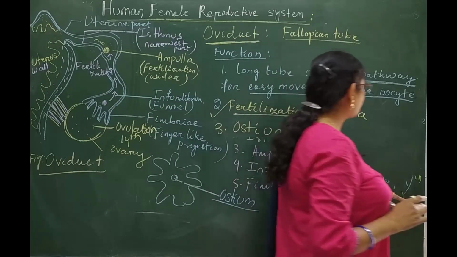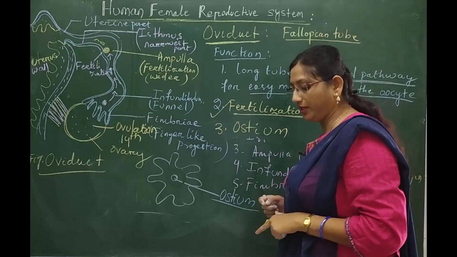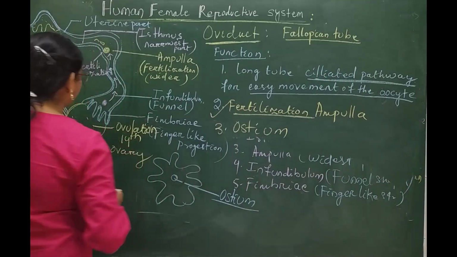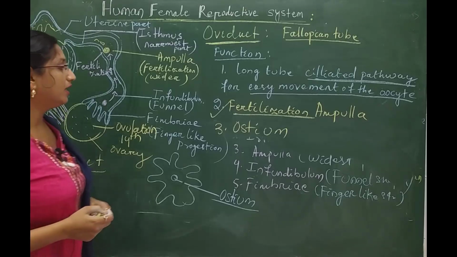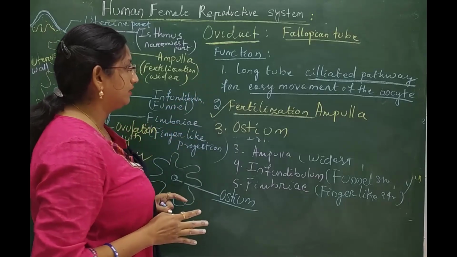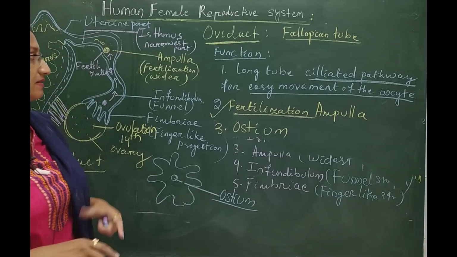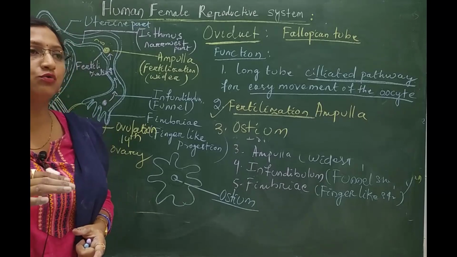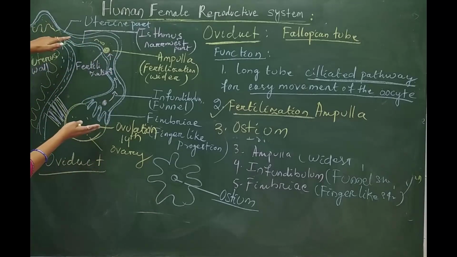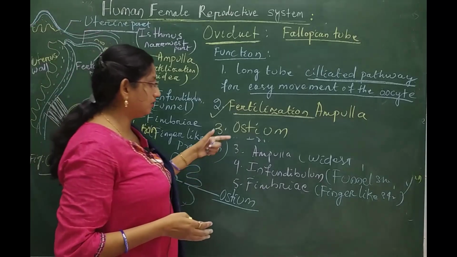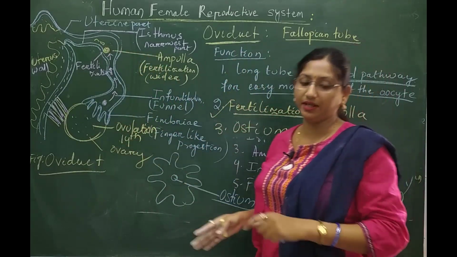So, the structural and functional part of the oviduct consists of the following points. Structurally, it consists of 5 different parts. It arises from the uterus, continues up to the ovarian structure, and it has the following functions. This is all about the oviduct. If this oviduct comes as a 3.5 or 2.5 marks short note, you have to draw this diagram only, and mention the different structural parts of the oviduct and their functions.